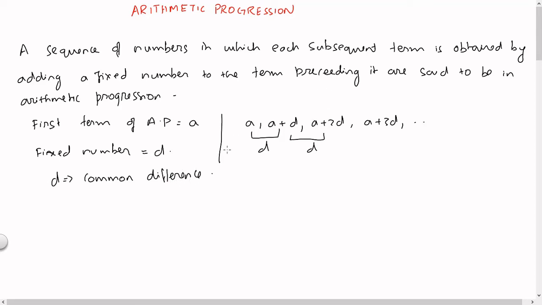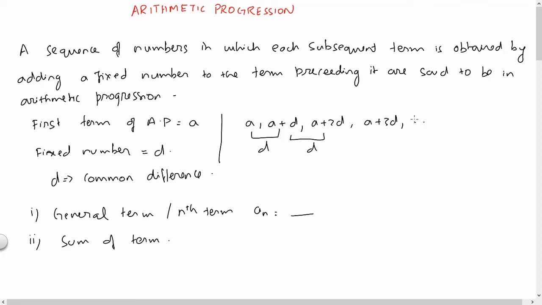Any progression that we study, we basically have to determine two things, that is, what is the general term. General term means we can also call that the nth term. If we get an expression for the nth term, that is an equal to something, then using that we can determine any term belonging to that progression. Then whenever possible we should be able to determine the sum of terms of a progression. So first let us see what is the nth term of an arithmetic progression.